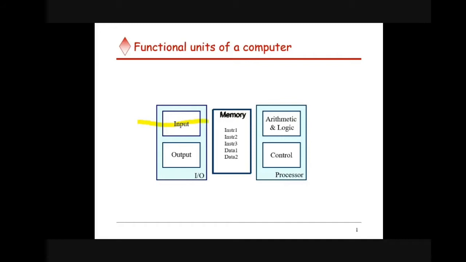you give the input this way and store the result or instruction in the memory unit. Your processor will accept that, and the result of that processing will again be stored in this memory, and the result will be taken from there and output through the output device. So this is the complete structure of the input output unit. This is the complete structure of the functional units of a computer. So the input unit, output unit, memory unit, arithmetic logic unit and control unit, which is included in the processor.